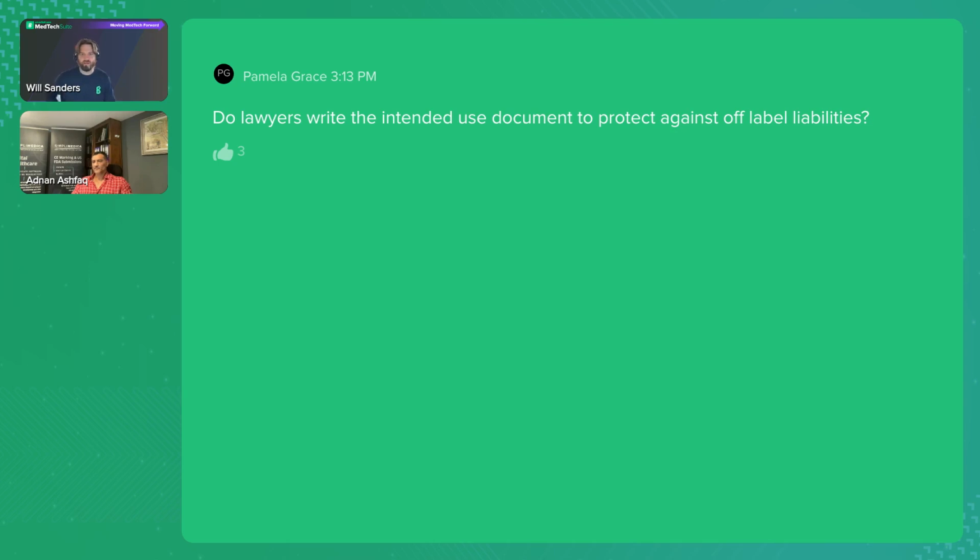Great question, great answer. Thank you very much. I'm going to move to the next question, from Philip. This has more to do with AI, and is about ChatGPT, which I also saw in the chat. It says: any comment on using ChatGPT or similar for writing intended use or indications for use statements?